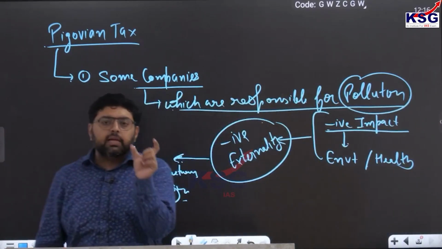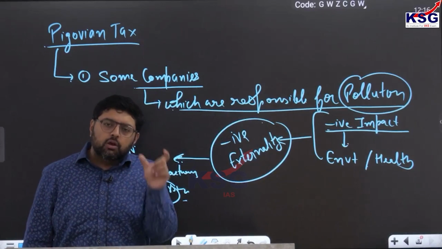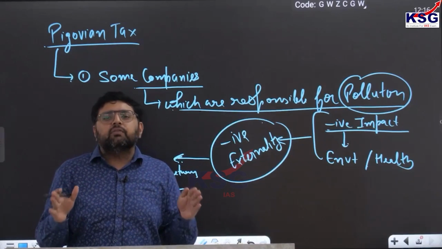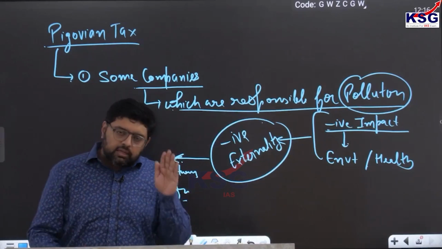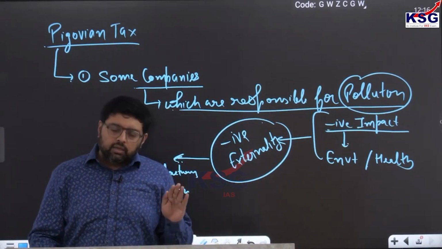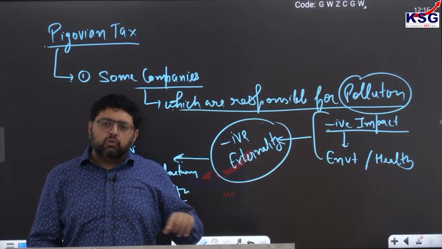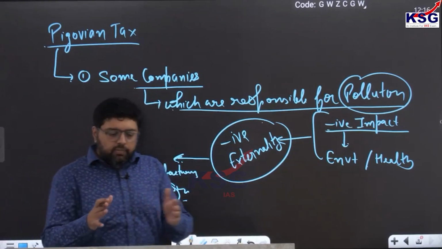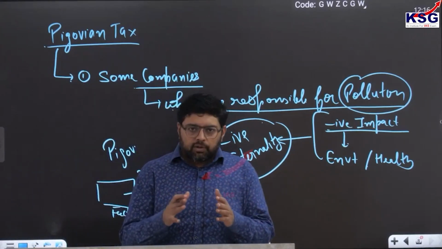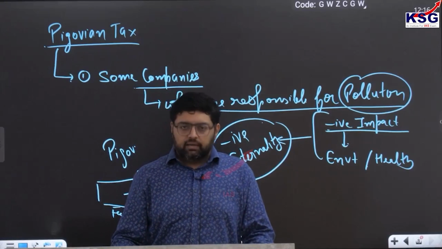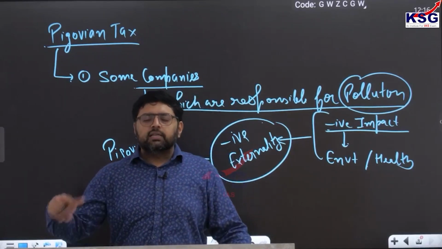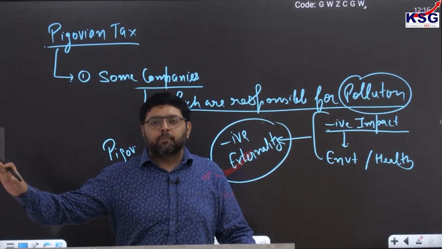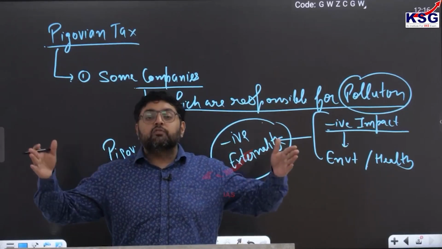So again remember that Pigouvian tax will be imposed on those processes where, while the product is made in manufacturing, whenever there is an issue or emission, then only Pigouvian tax will be imposed. While with its usage, if there is an emission, then no Pigouvian tax. So you can understand with a car. When you make a car, the manufacturing process of making the car is clean, but those who use it are responsible for pollution. So Pigouvian tax will not be imposed on them, a fine will be imposed. So Pigouvian tax is only on the manufacturing process. Clear?